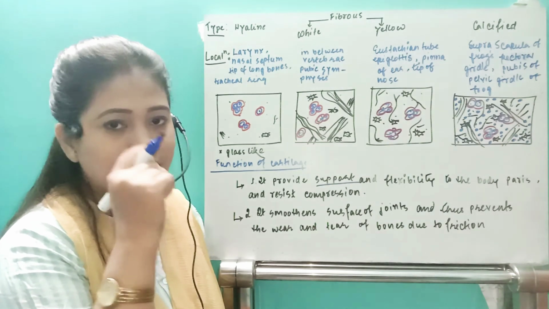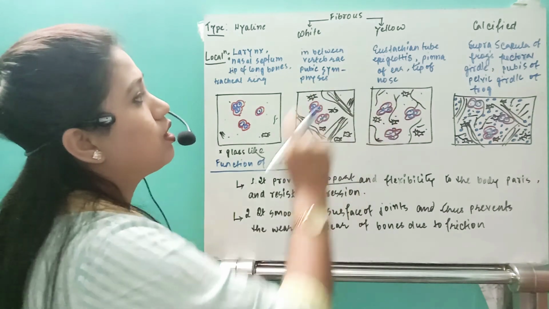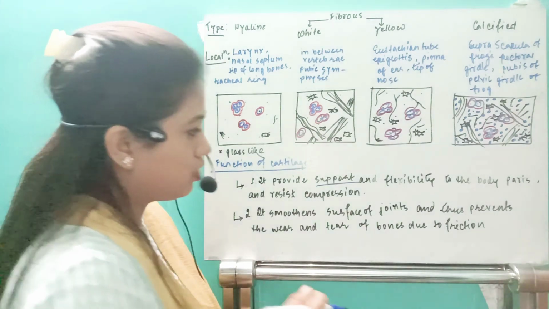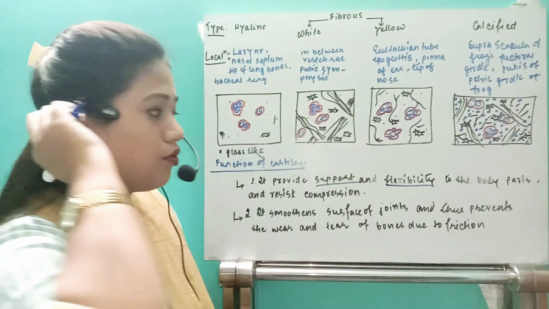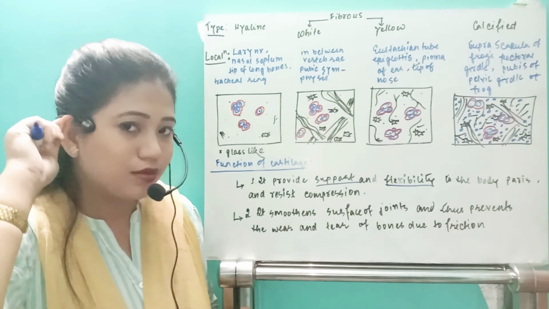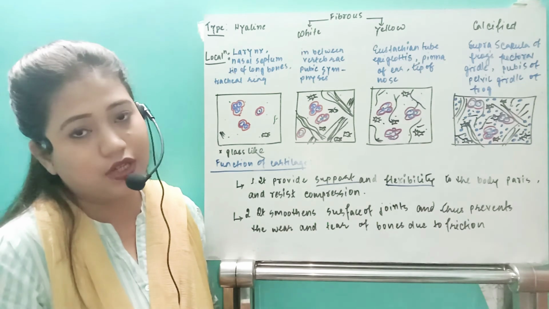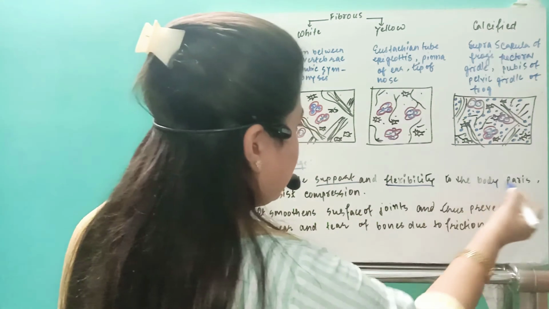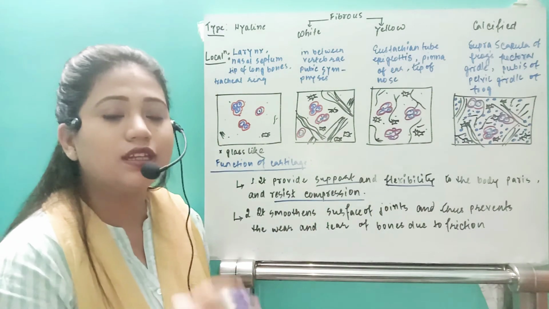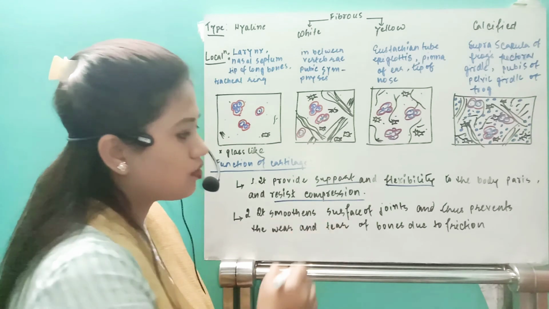Similarly, if it is the tip of the nose or the ear or the eustachian tube, in this region also the yellow fibrous cartilage gives support. It also gives us flexibility. If you try to move your pinna, yes, you can move it, but whenever you release it, it will go back to its location, right? And it gives resistance to compression. Okay, it resists compression.